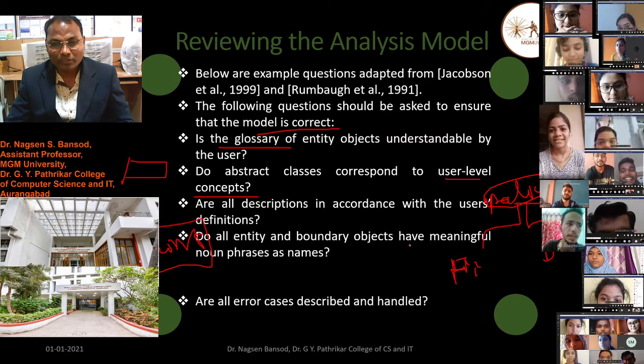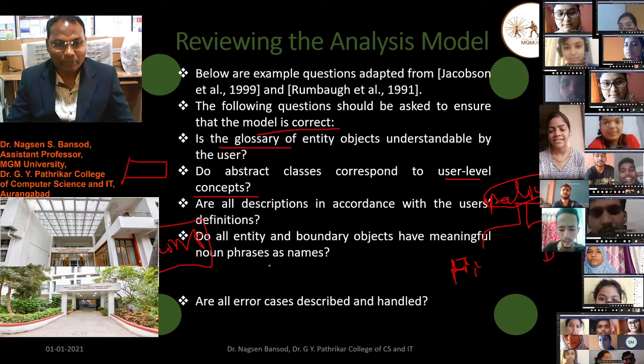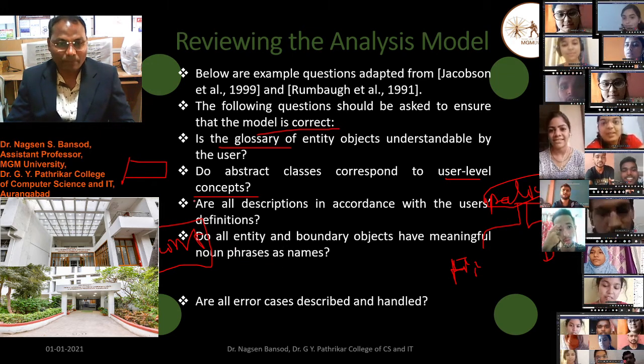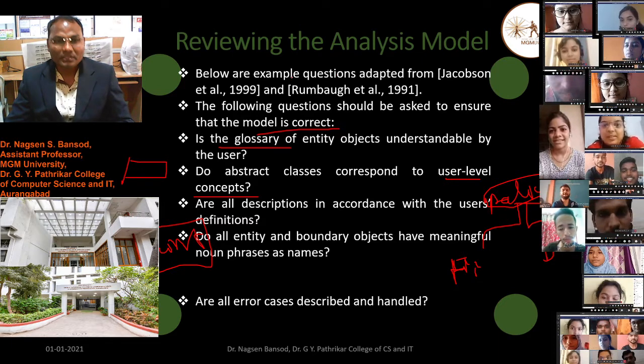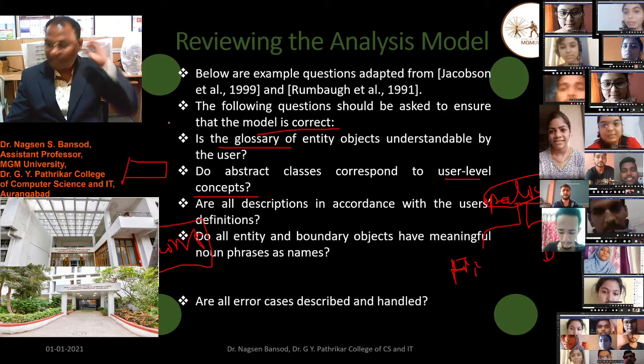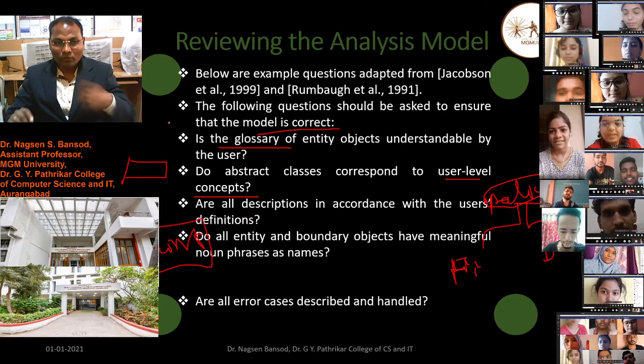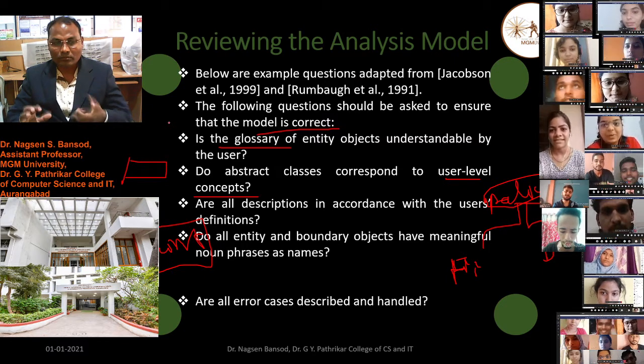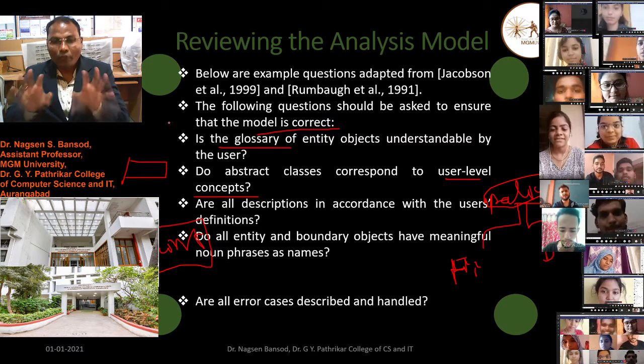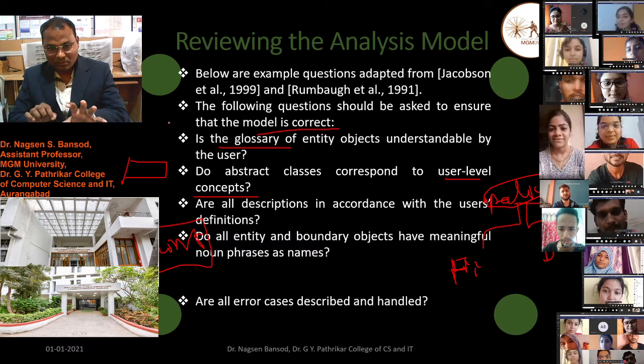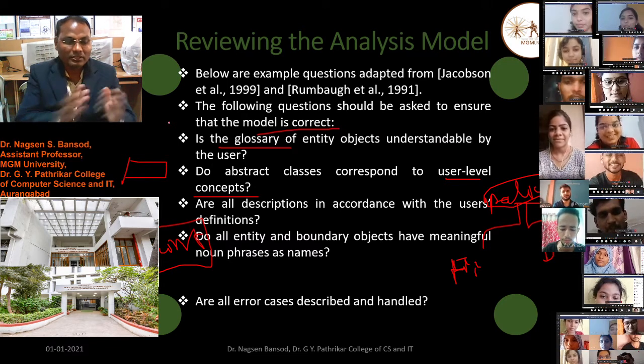Do all the entity and boundary objects have meaningful noun phrases as names, like field officer, incident? From those names we have to get some information, which means we should be aware of the concept, why this is there.